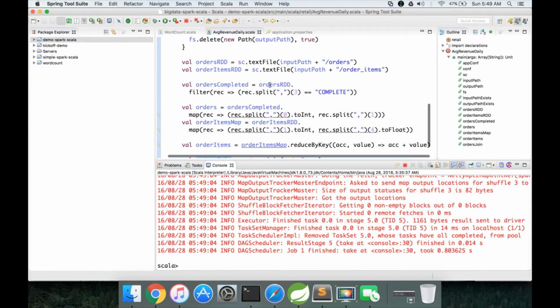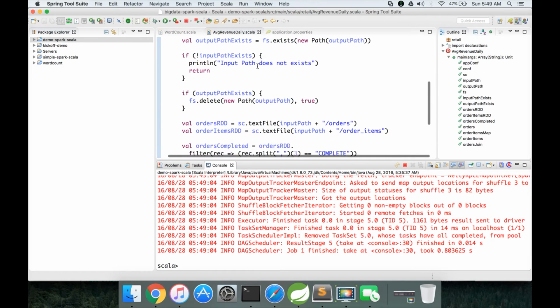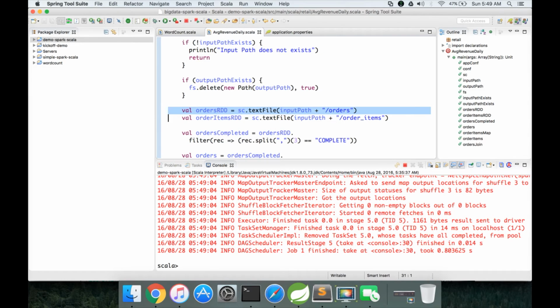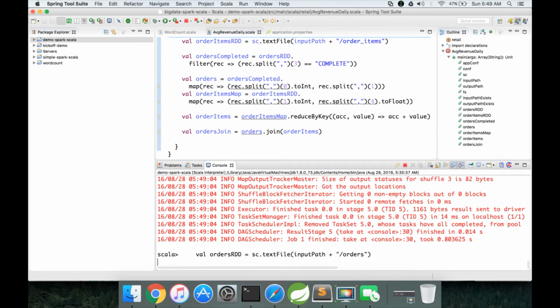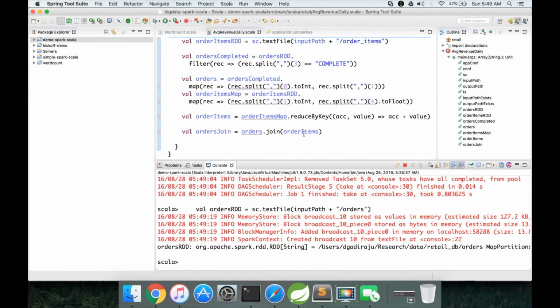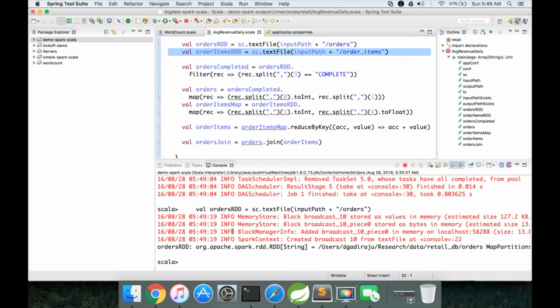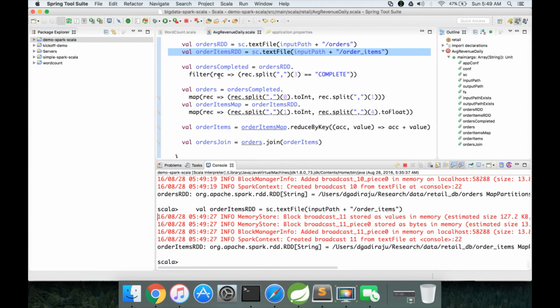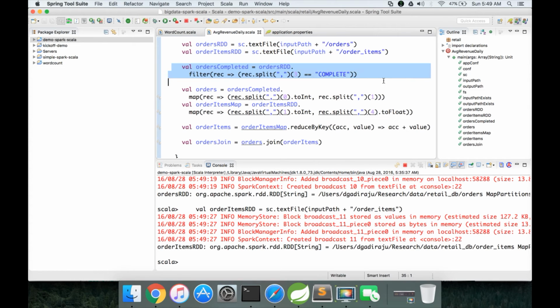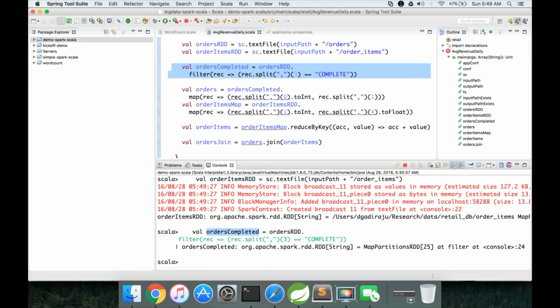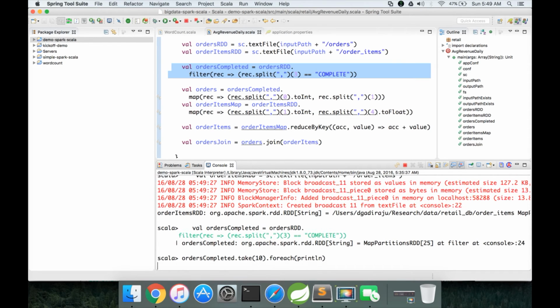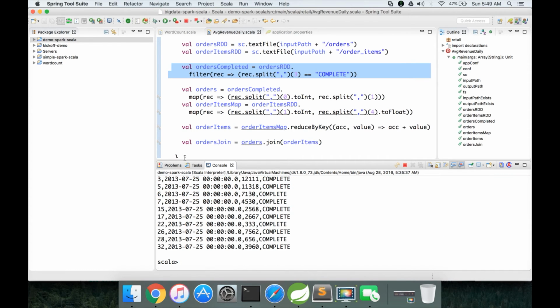Something is wrong. Let me run one at a time. Okay. Let me see if it is returning any data. Yes, it is returning the data.